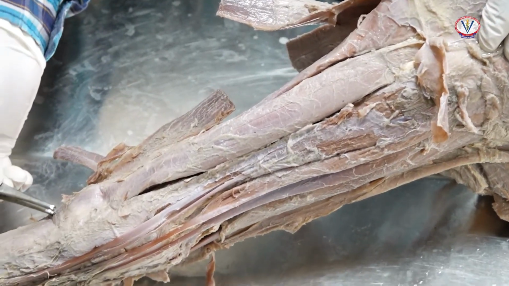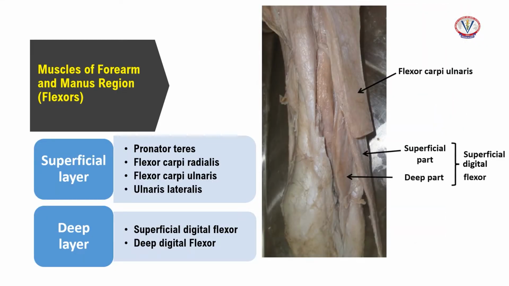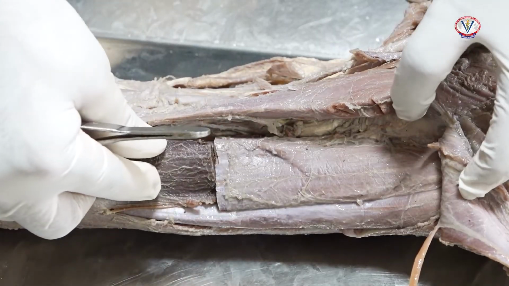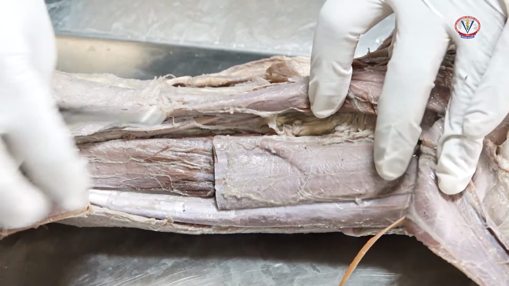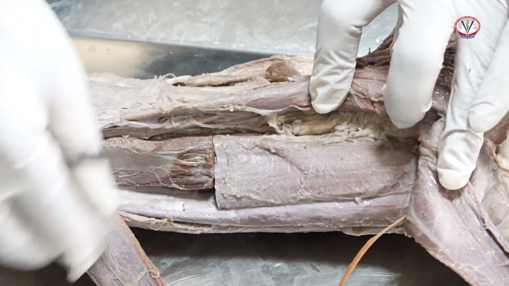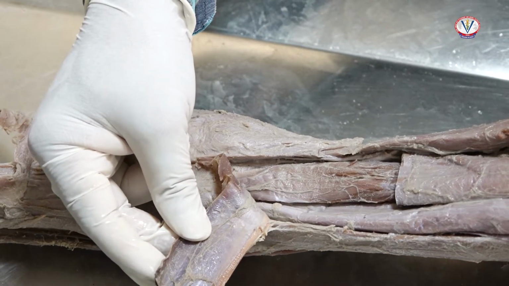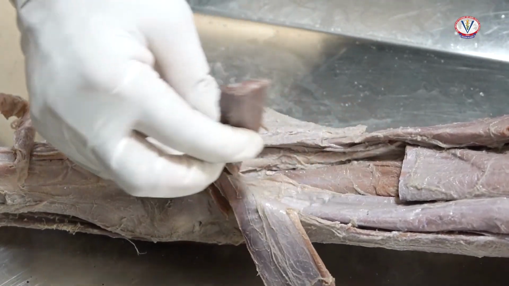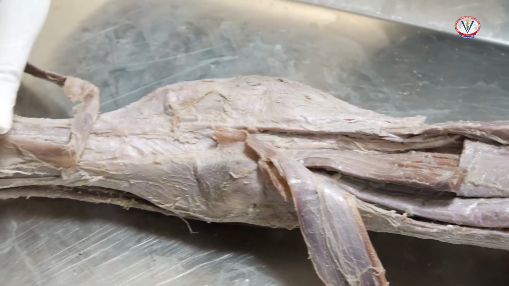In the deep layer, we have two muscles, superficial digital flexor and the deep digital flexor. The superficial digital flexor is a large flat muscle that arises from the medial epicondyle of the humerus and divides into a branch for each of the functional digits that inserts on the middle phalanx of their digits. At the lower third of the forearm, it divides into two parts, superficial and deep. The tendon of the superficial one passes over the carpal canal and is provided with a synovial sheath below the level